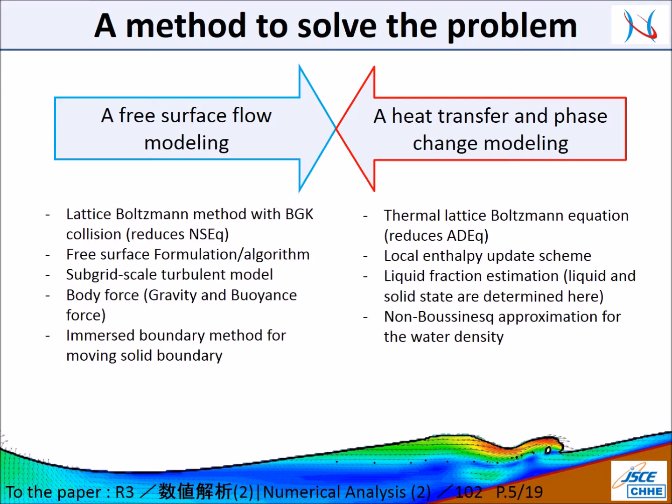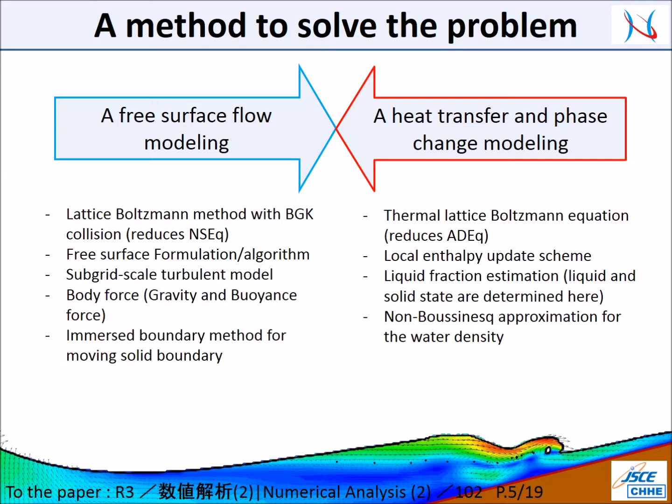For example, for the free surface modeling, we use the lattice-Boltzmann method with the BGK collision operator and free surface algorithm, a subgrid scale turbulence model, and forces incorporated also, and the immersed boundary method is used for the liquid-solid